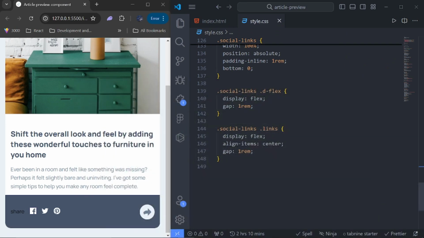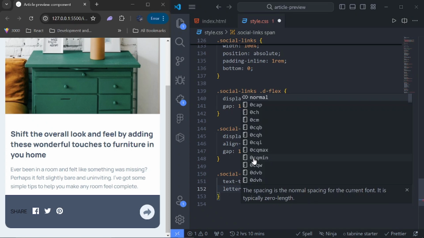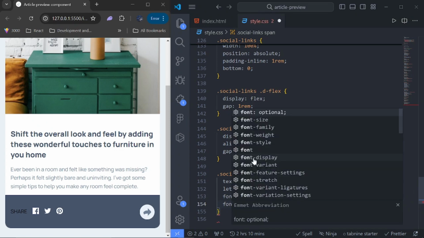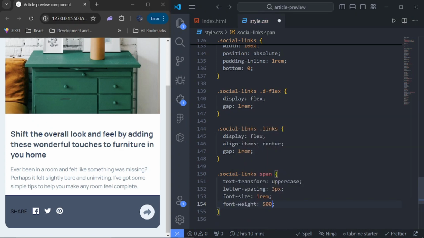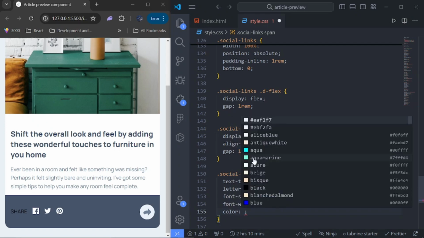Then for the span tag, we'll grab the social links and we'll just target the span. So we say text transform should be uppercase. Let's add some letter spacing of like 3 pixels. Font size should be 1 rem. And the font weight should be 500, and the color should be this